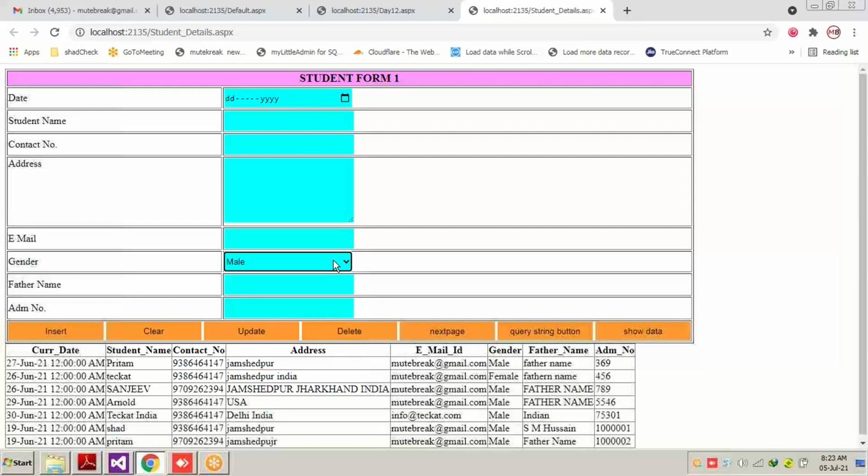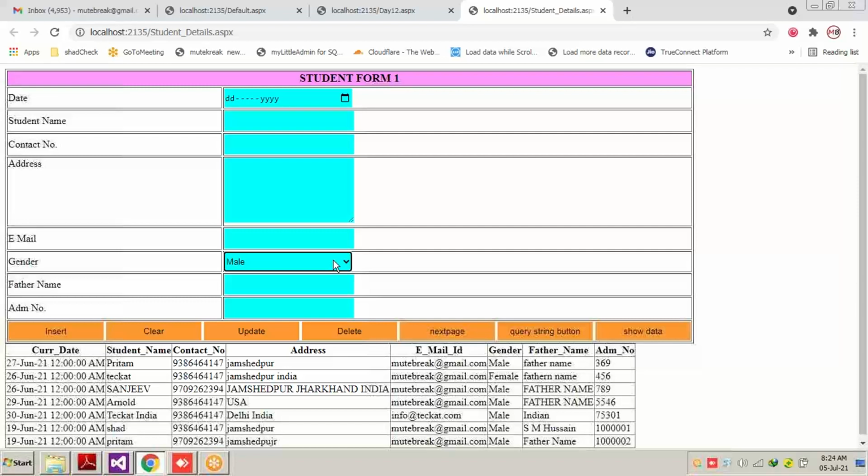Previously, a decade or 10 or 12 years ago, there was a very little concept of responsive web applications, or you can say mobile friendly or mobile responsive applications. Mobile responsive stands for the automatic adjustment of an application by itself on the mobile phone, on the mobile screen, on the mobile browser.